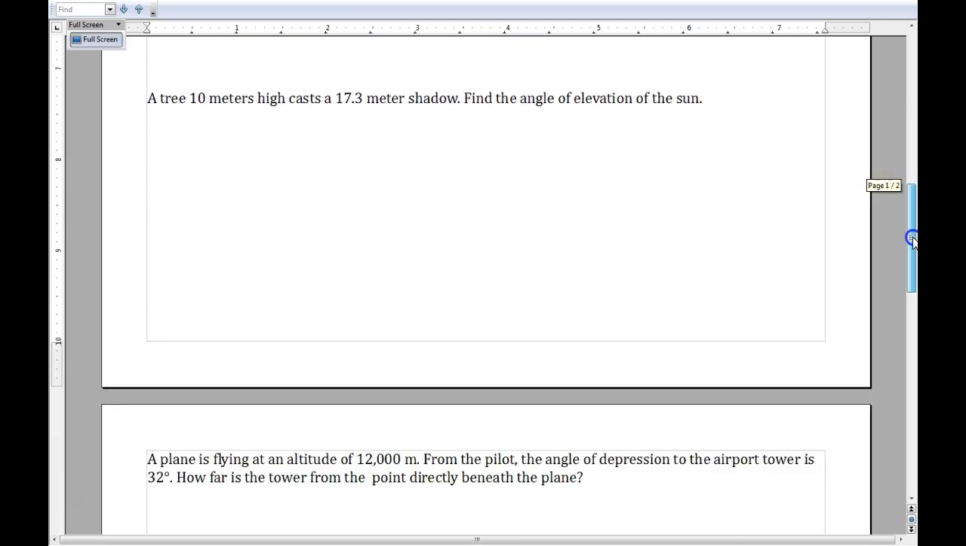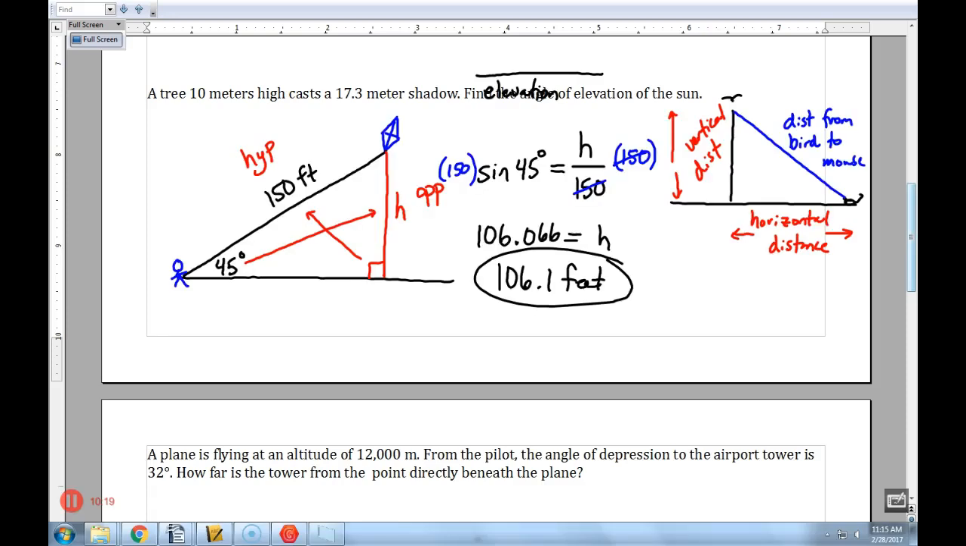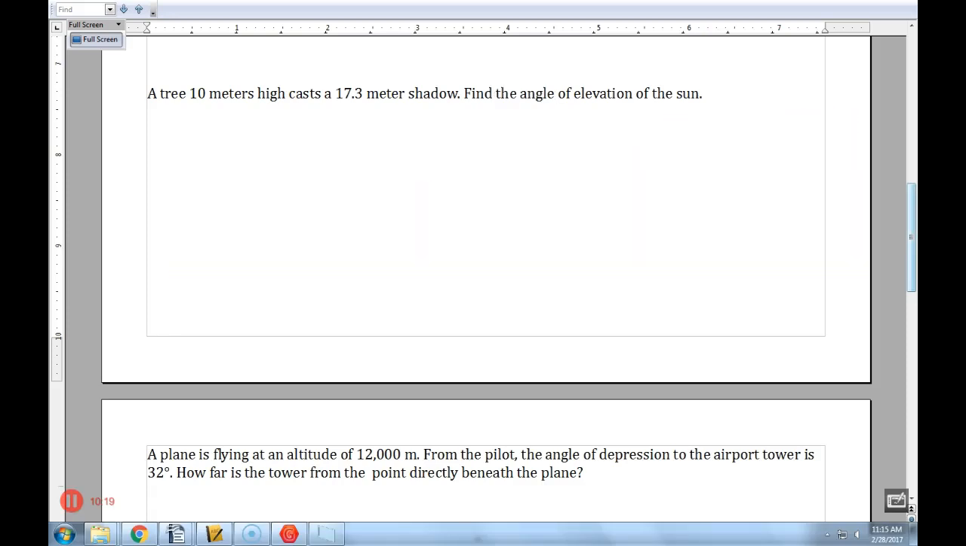Number 2, a tree that's 10 meters high casts a 17.3 meter shadow. So let's get this thing drawn. I have the ground. I have a tree over here. Nice green tree. All right. Casts a shadow 17.3 meters long. So kind of be careful here,